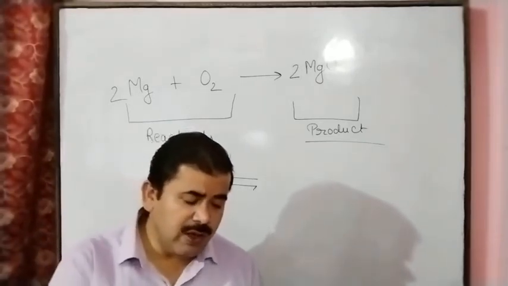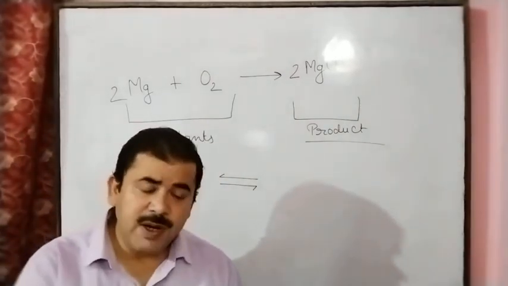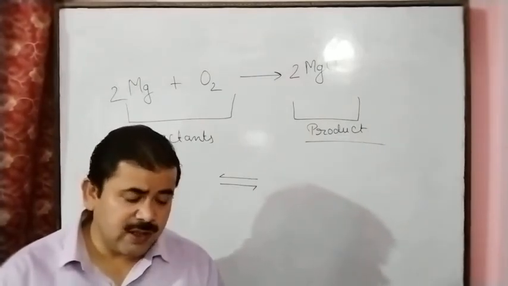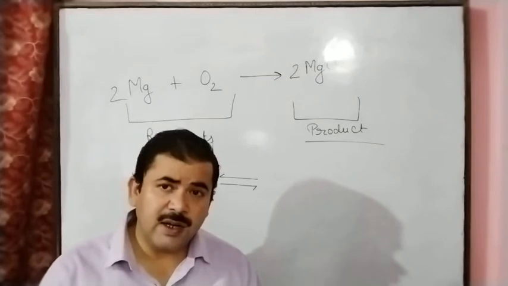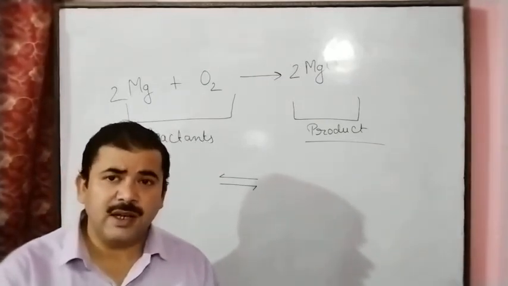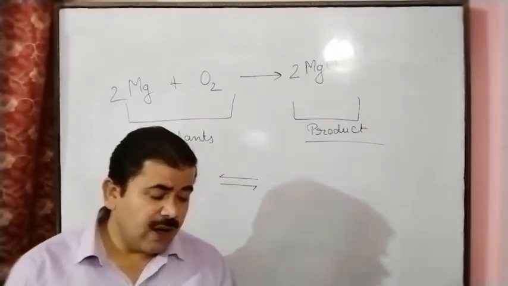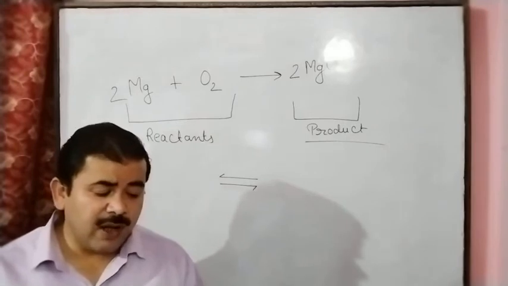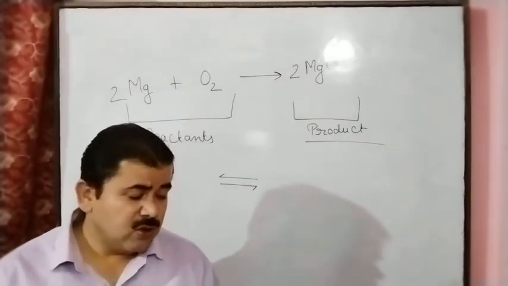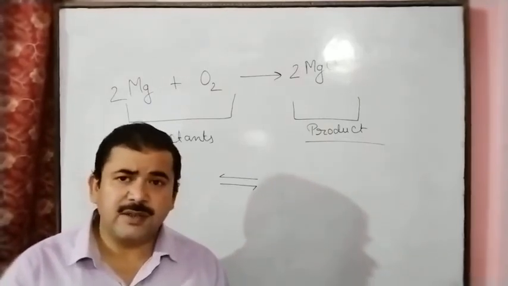So here there is no information about the concentration of the reactants and products, the speed of the reaction, the change in color occurring during the reaction, the completion of the reaction, and the evolution of light or sound energy during the occurrence of the reaction. So here some information is provided and some limitations.